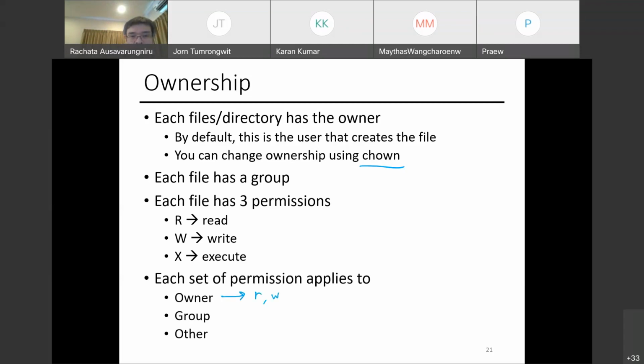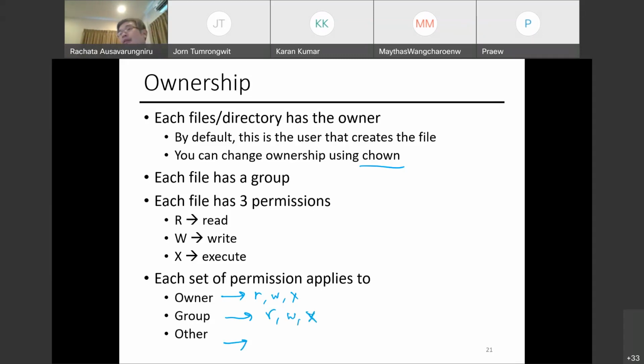Owner can set its own permission just in case you don't want anyone, including myself, to modify the file. If it's a read-only file, you just make sure no one has the W permission for the owner, group, and others. The group that owns the file also has its own RWX permission.